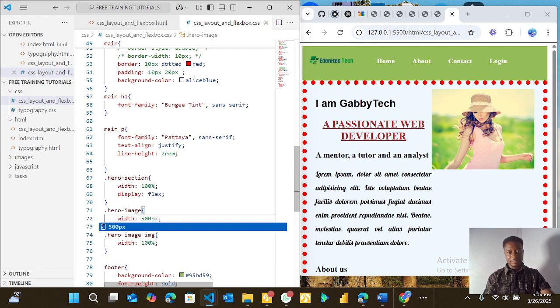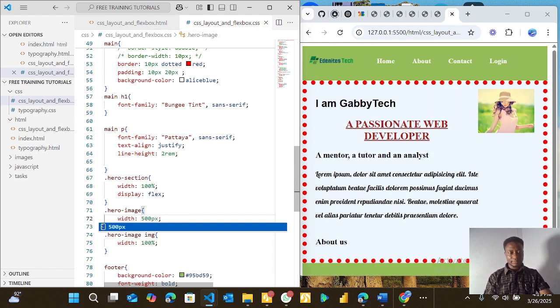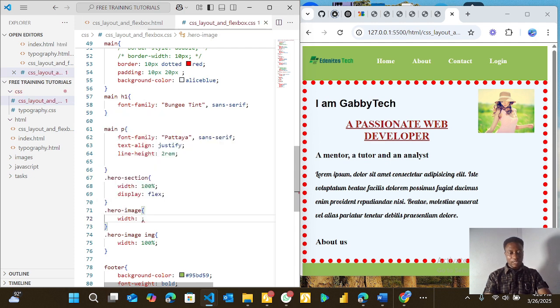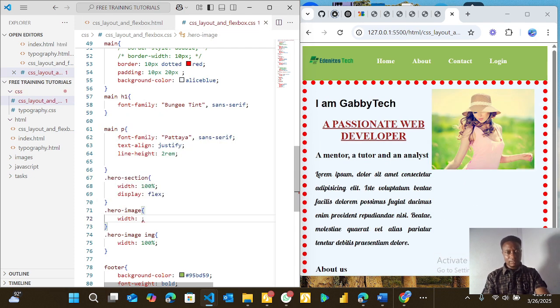500 pixels. And then we'll make it about